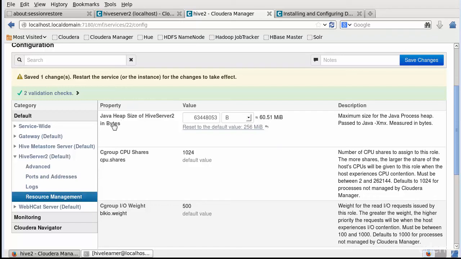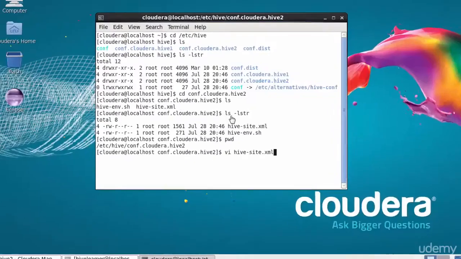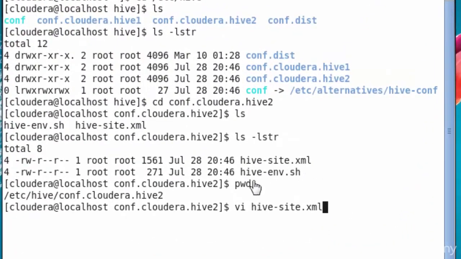The process should have memory. So the Java heap size of Hive server 2 will specify how much memory is required for Hive server 2. As we have seen in the previous cases, the Metastore heap size as well as the HiveServer2 heap size is always set to 6 GB in a production environment. It is recommended that we keep the Hive server 2 memory at a higher value close to 4 GB or 6 GB. Configuration files hive-site.xml and hive-env.sh can be located under